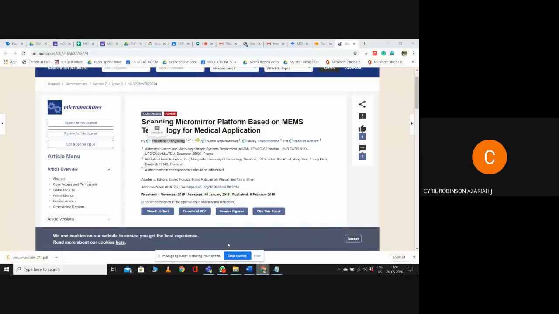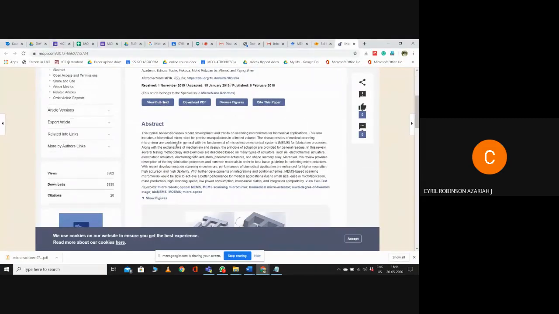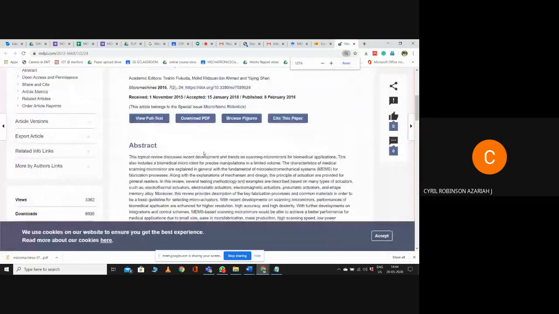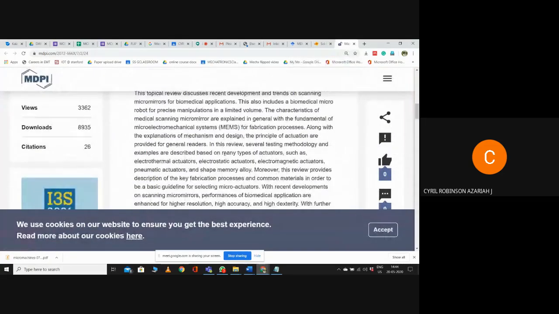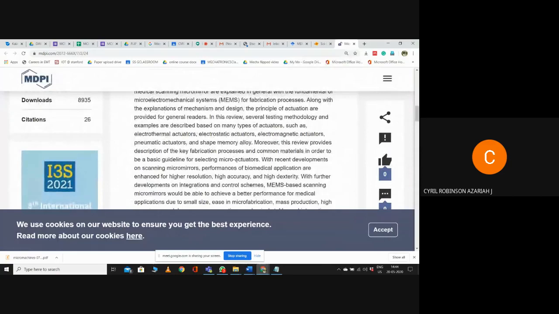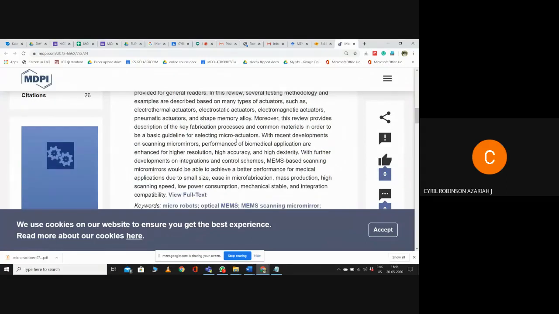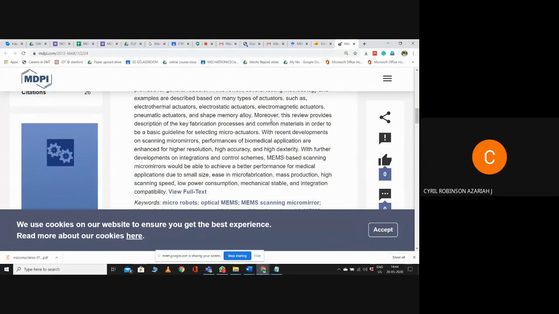What is the objective of the work? Read the abstract, you will understand the objective of this work. They would have said what they are going to demonstrate or what they are going to do in this particular work. Okay. So they are also doing a review.